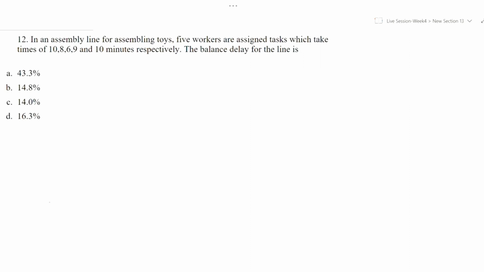So in an assembly line for assembling toys, 5 workers are assigned tasks which take times of 10, 8, 6, 9 and 10 minutes respectively. The balance delay for the line is? Now in this question we are not asked about the line efficiency but the balance delay. And as I already explained, balance delay is